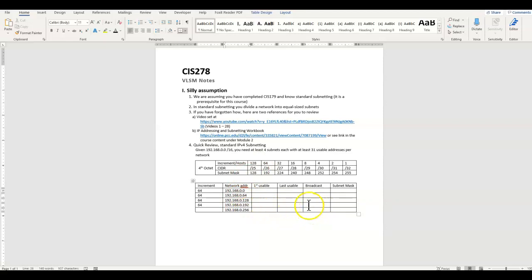All right, next we're going to do our broadcast addresses. If this is 256, if the next network would start with 256, which of course it couldn't, but we're going to say that the broadcast address is the one before that, or 255. All right, the one before 192 would be 191. 192.168.0.191. The one before 128 would be 127. The one before 64 would be 63.